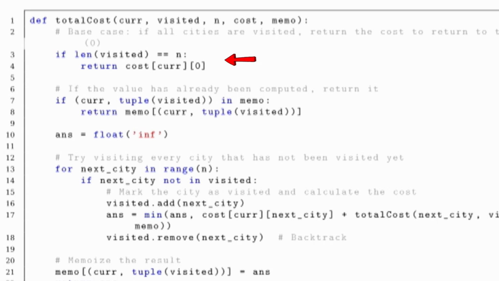So basically visited is a set, and if the length of this visited set becomes n, then we know that all the n cities have been traversed. So in that case it will return, but by then the cost has been computed till the terminal because all the cities have been visited. And then we also do a further check